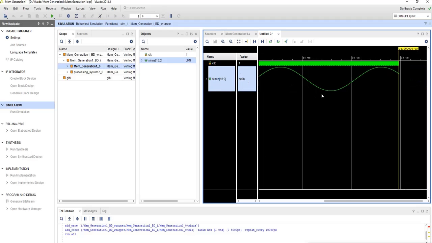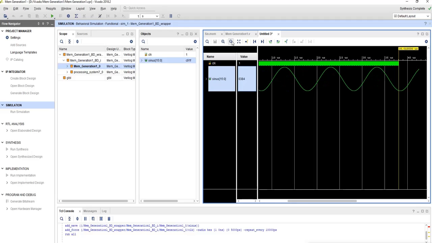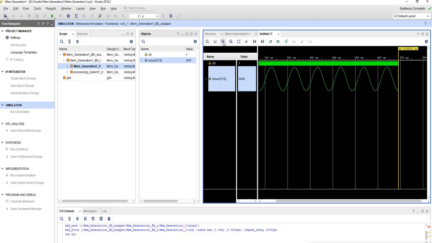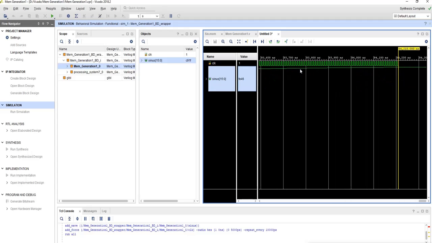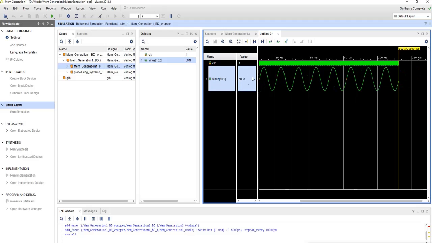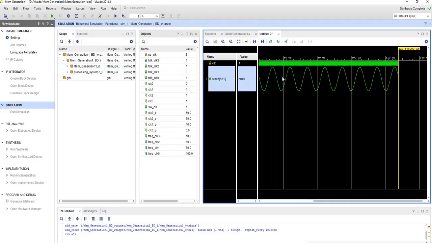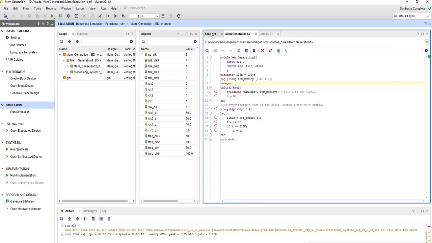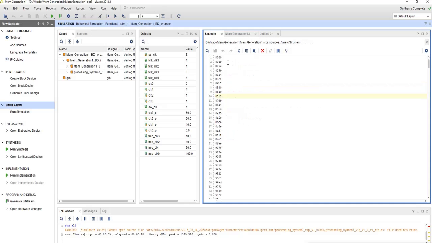So the sine wave has been generated. You can see the clocks. This is the clock and this is the sine wave. That's it. And I'll just go to the sine memory. There is the lookup table.